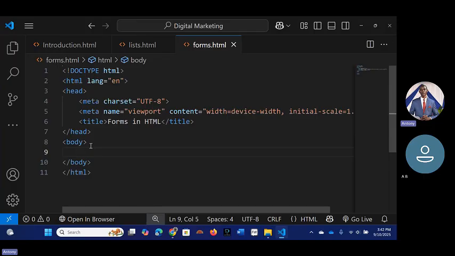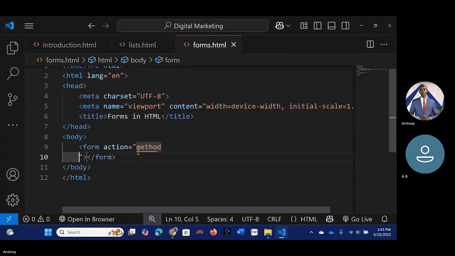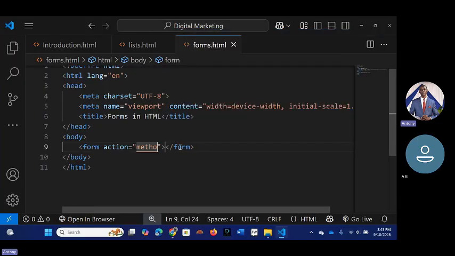Before we do anything, we're going to write a tag called form. Just write form, and then you press enter. Once you press enter, there are opening and closing quotation marks inside here. Inside there, we are going to write method. Method equal sign should be get. Or maybe you can just leave that for now. Moving to this greater than and less than sign, and then you open it like that.